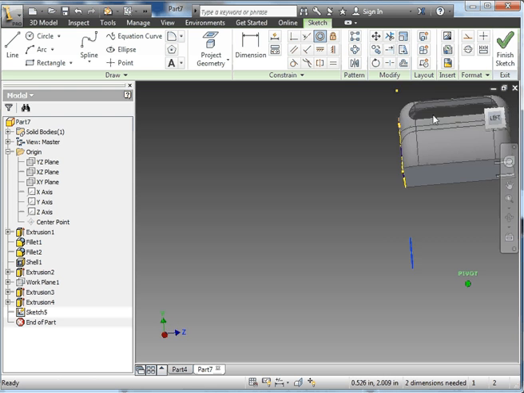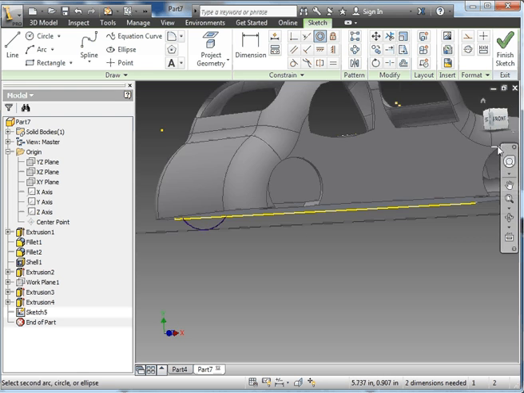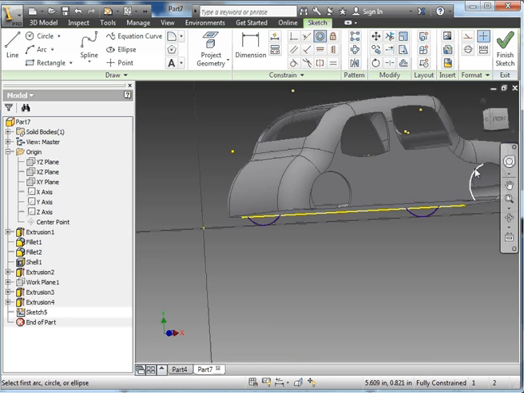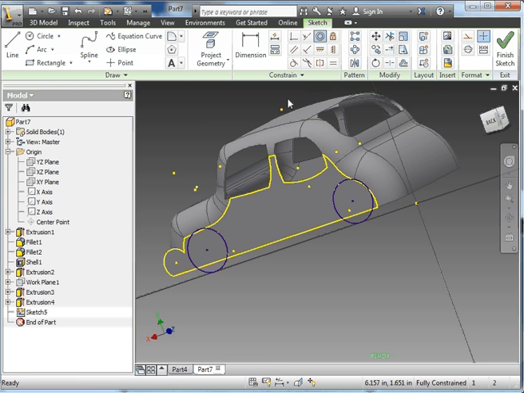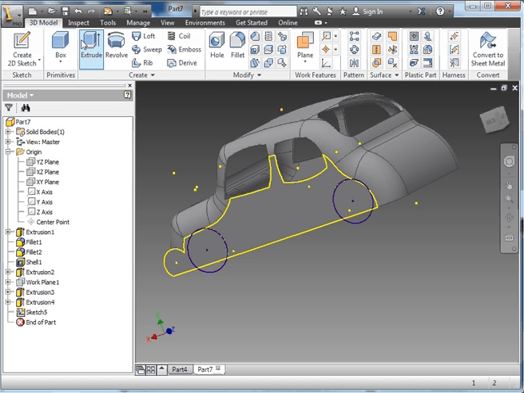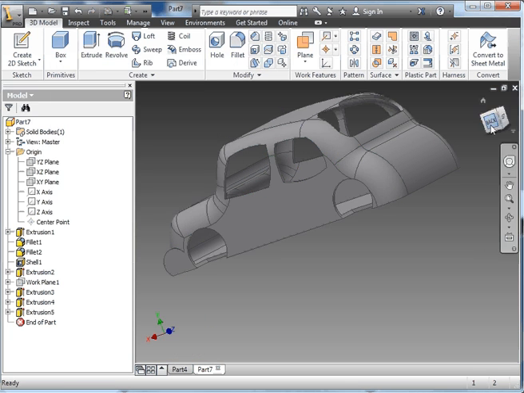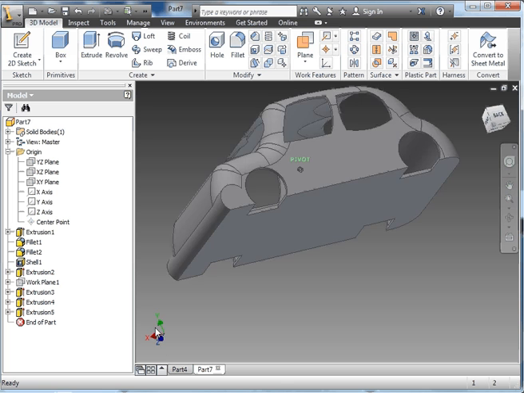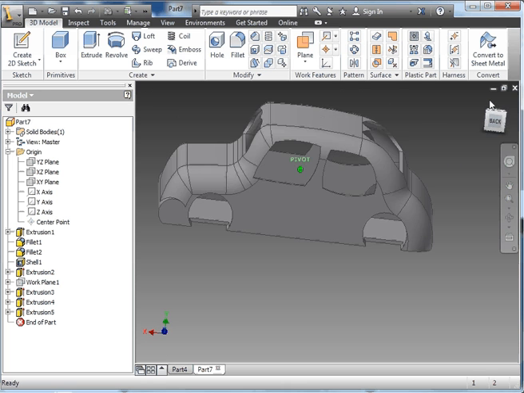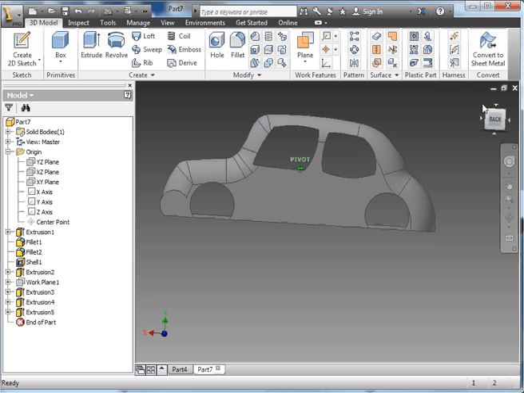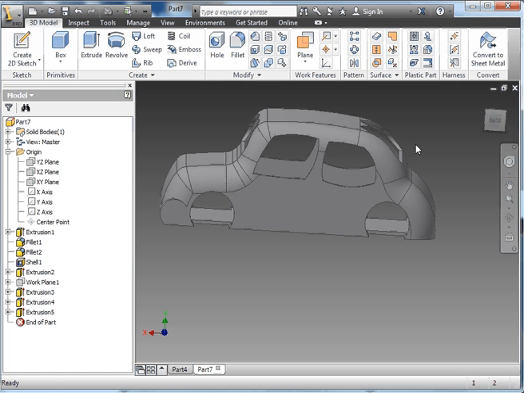Okay, next sketch that we're going to do is going to be for the axles. So I'm going to create 2D sketch again, and I'm just going to pick this space here. So I'm sketching within here. I can see my center point of where my wheel is. Let's just project the geometry of this one over as well. That should give us a center point. Oh, maybe not. Anyway, I've got my center point,